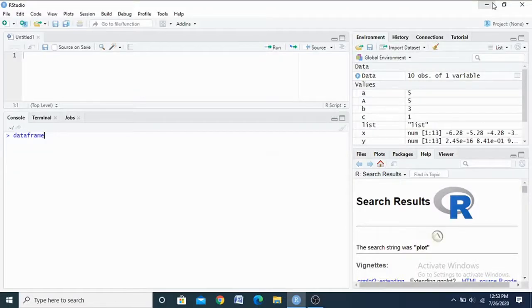In this video, we will discuss how to create a data frame in R, then how to work with it. Similarly, we can save it in a file and how to get back or read data from a file in the concept of data frames. Then we will also learn about the data sets that come with the R software.